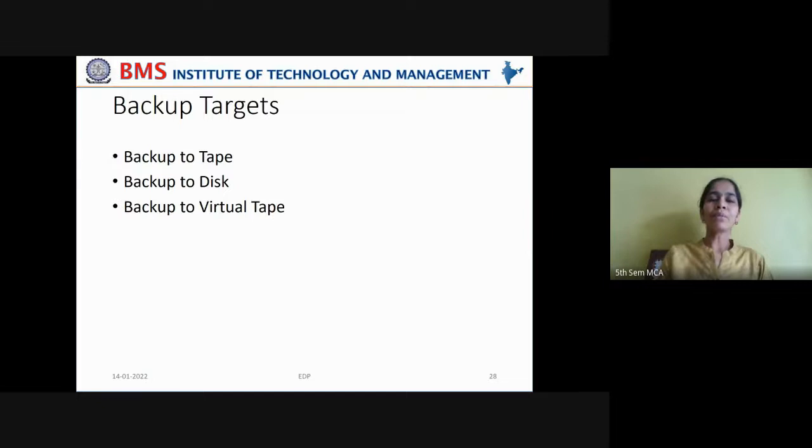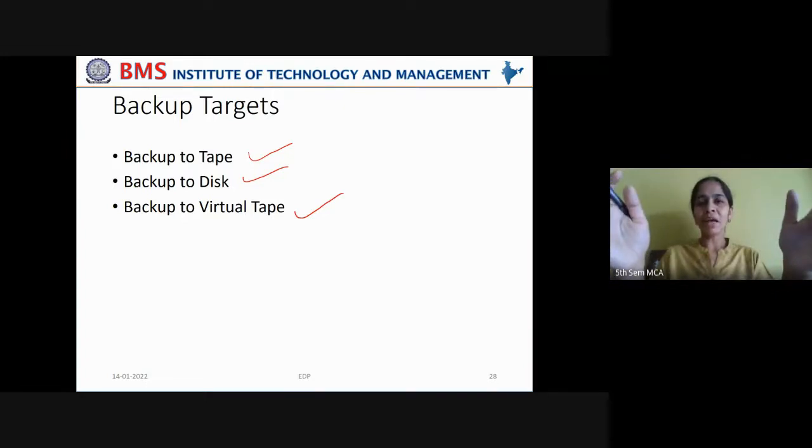And we also have some backup targets to be considered. The backup target can be a tape drive if the RPO and RTO are larger, backup can be taken on a disk drive if the RPO and RTO are moderate, and backup can be taken to a virtual tape if the RPO and RTO are smaller. Virtual tape means all the tape libraries are integrated and virtual storage memory is provided in order to store the data virtually on the